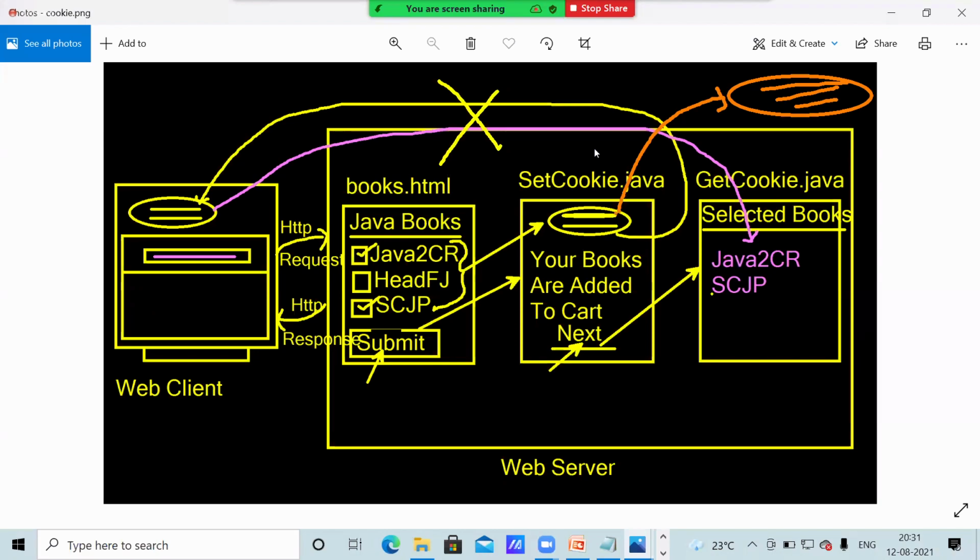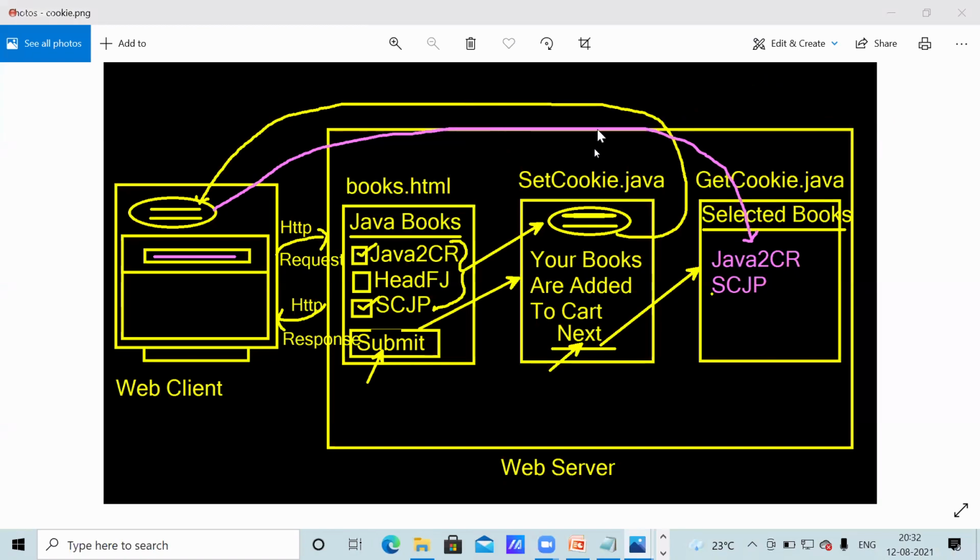Now set attribute method I called, it is stored in the server. In the next program, get attribute method I'll call and we'll get it. In this program, set attribute; in that program, get attribute. Now, instead of storing in the client system, we are storing in the server system. For storing into the server system only, the set attribute method.